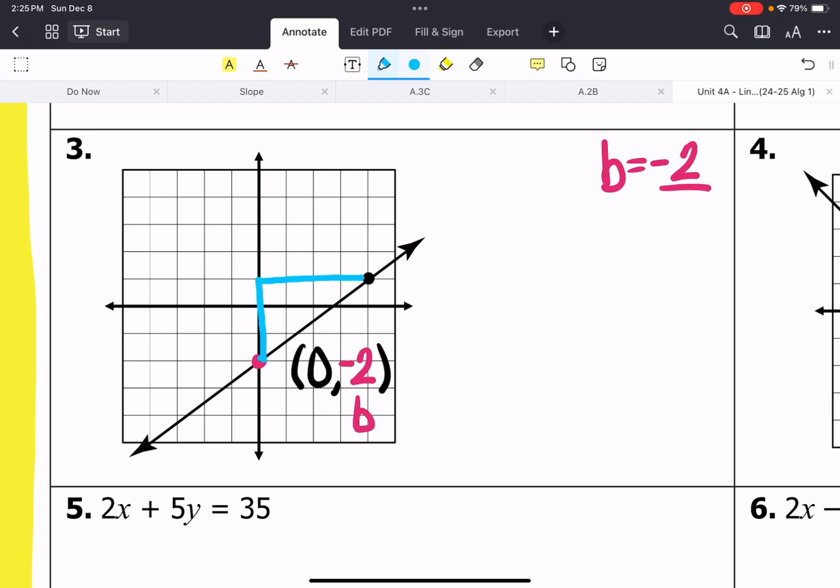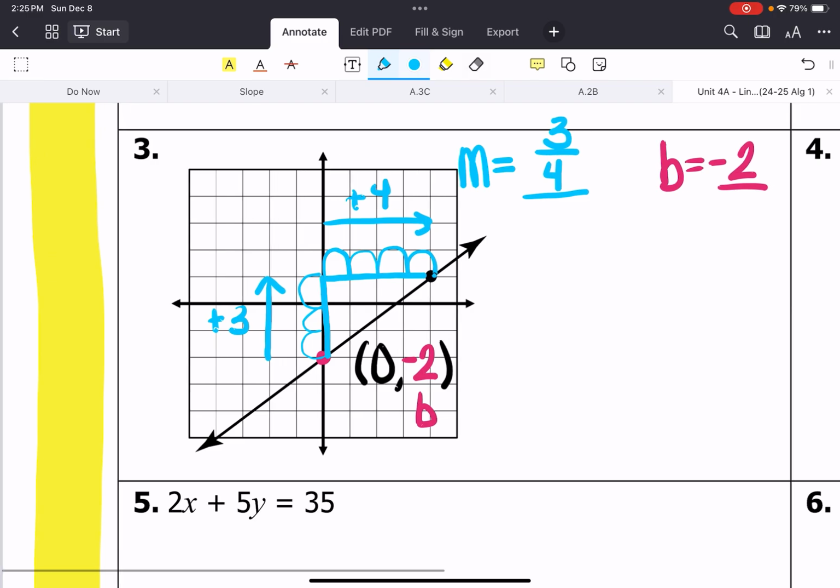I'm going to count up 1, 2, 3 spaces, and then I'm counting over 1, 2, 3, 4. So for my slope, my rise was 3, my run was 4. Now, do you have to do it that way? No. Remember, if you do want to use the points,